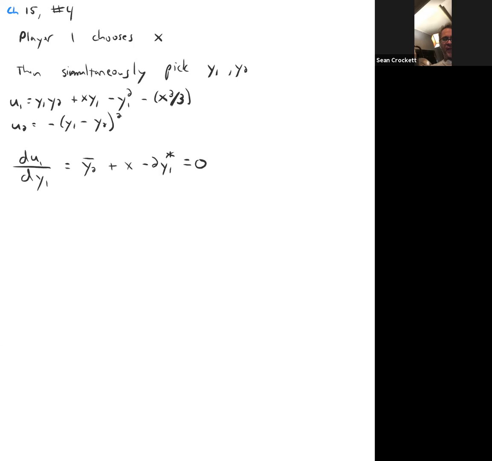So here we're going to have that y1 star is equal to 1/2 times y2 bar plus x. Okay. So that's the best response function of player 1 once x has already been chosen and simultaneously forms a belief about the action of player 2. And player 2's best response function is,